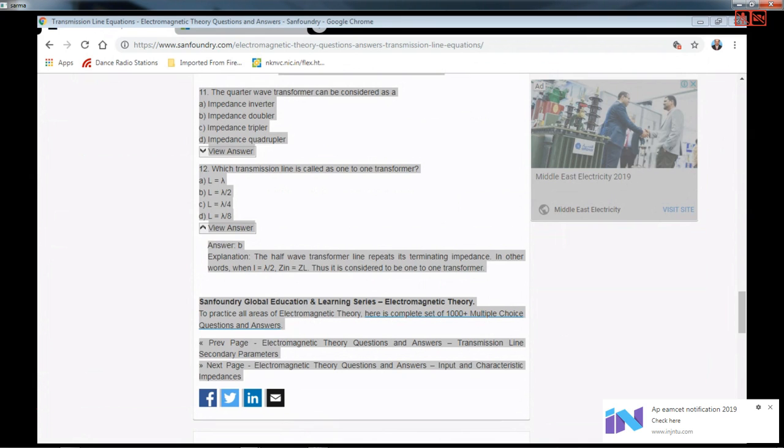Giving those two outputs to different instruments and measuring the values, we can find the ratio, or by giving the two outputs directly to a ratio meter, we can find the ratio of reflected voltage to incident voltage and find the capital gamma, that is the reflection coefficient. That is exactly what is being done in network analyzers, which exist in various labs,